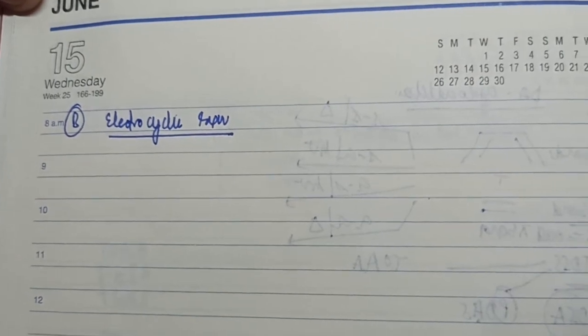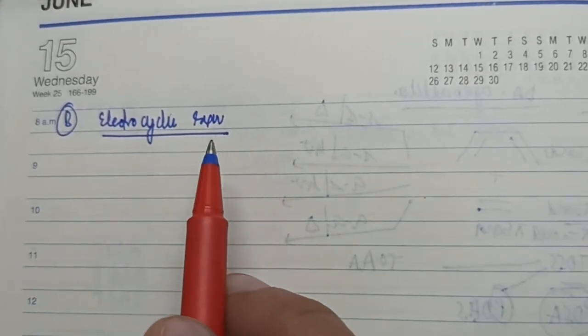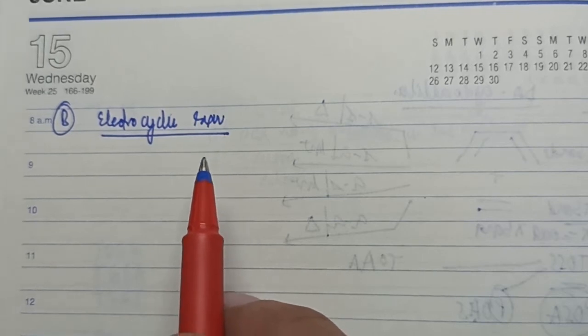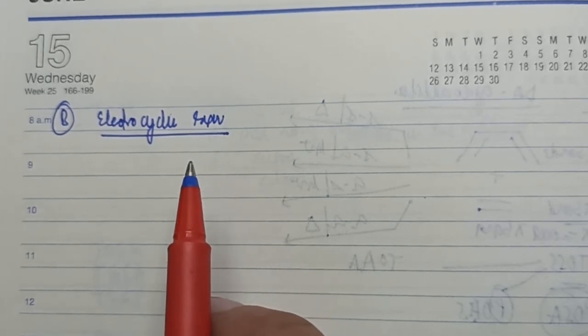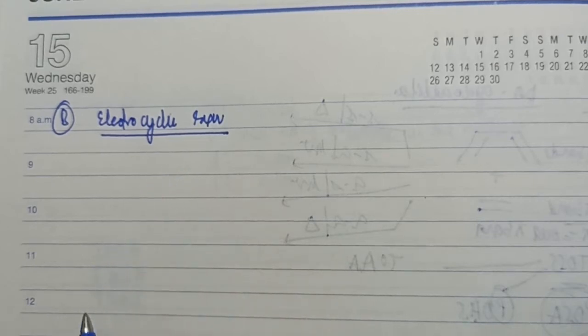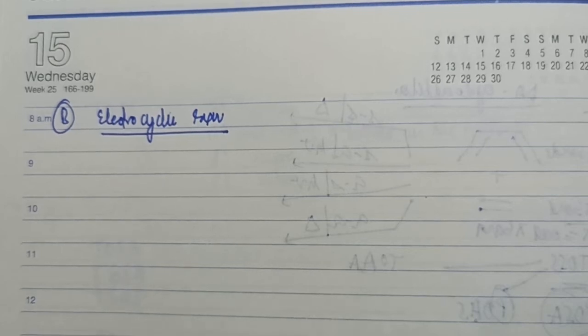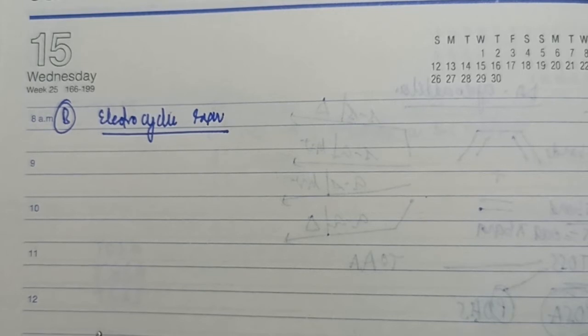Okay. Constructing this formula is easy. You remember what an electrocyclic reaction is, because this is one reaction in which an acyclic component cyclizes to form a cyclic product. And if an acyclic component has k pi electrons, the product will have k minus 2 pi electrons, and a new sigma bond is formed. There is a reorganization of the pi electrons where the terminal p lobes rotate in a particular direction. Either both rotate clockwise, and we call this stereochemical mode conrotatory, or both rotate anti-clockwise, and we call this stereochemical mode disrotatory.